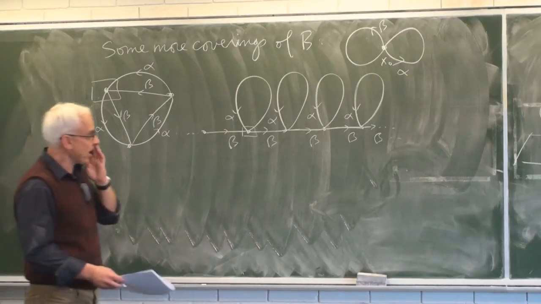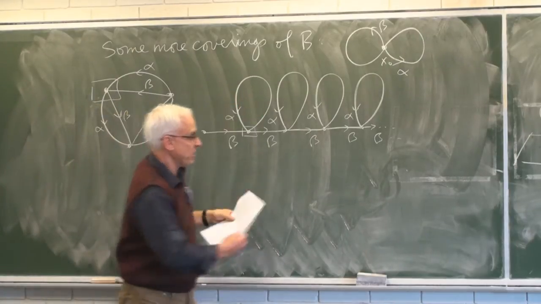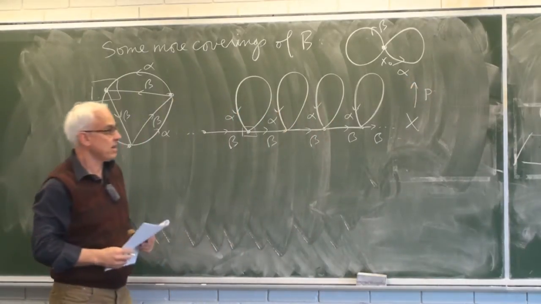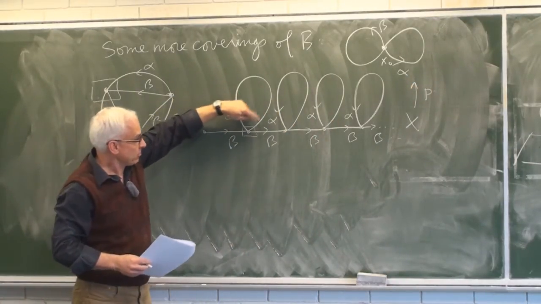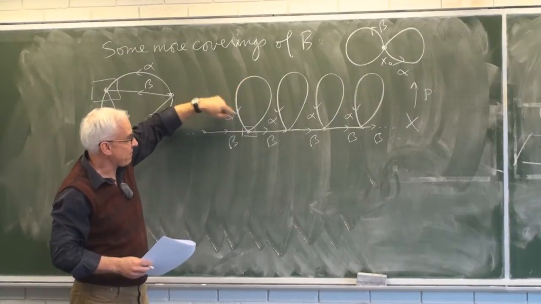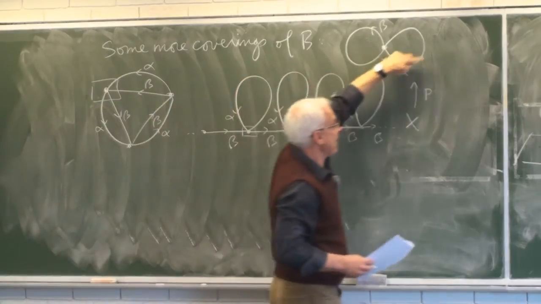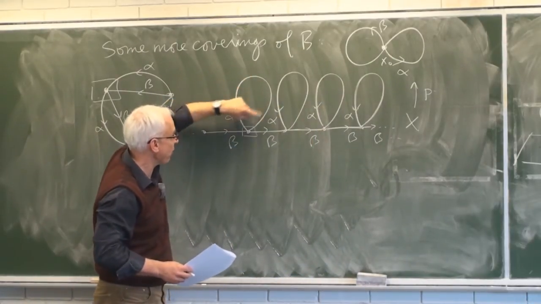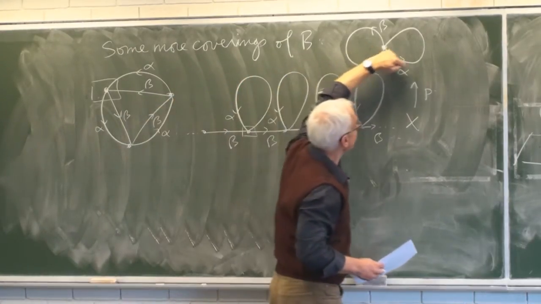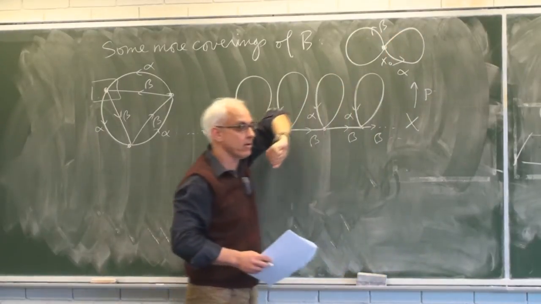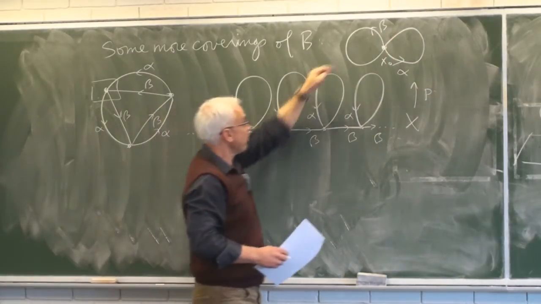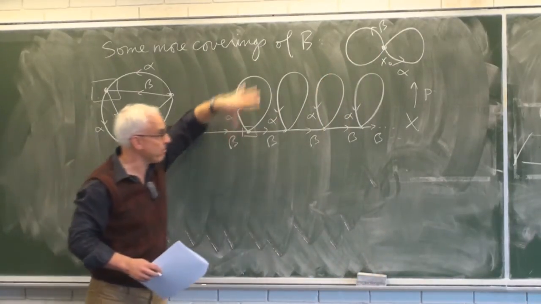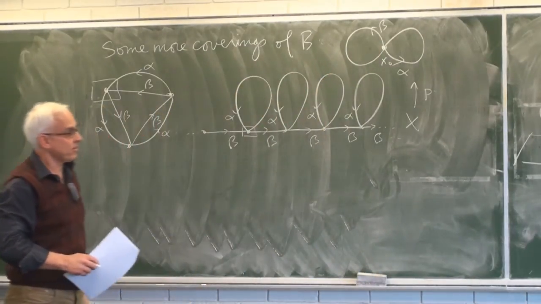All right, so in all these cases, the map from this space X to this space B is just given by mapping the alpha and the beta loops either to this alpha or to this beta. As you go around this alpha here, that whole thing gets mapped 1-to-1 onto that loop there. As you go from here to here, you're mapping from here to here. It's a well-defined map from X to this base space B.